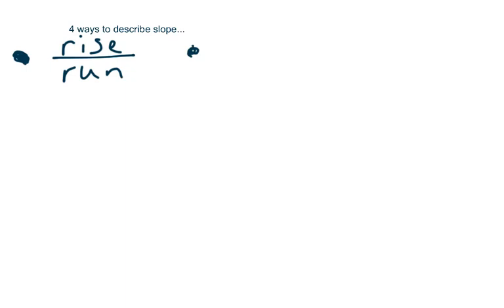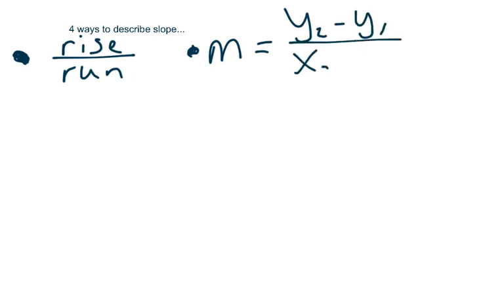Another common way students think of slope is they think of the letter m, and then they think of this formula from Algebra 1. I'm going to make sure I say this out loud. These little numbers here are called subscripts. Sub meaning under, like a submarine goes under the water. It's a subscript meaning it is written just below the level of the x. What they are intended to do is make the x's and the y's look different. We wouldn't want to write y minus y, because y minus y would be 0. These are actually 2 different numbers, and the way that we make the variables look different is we put these